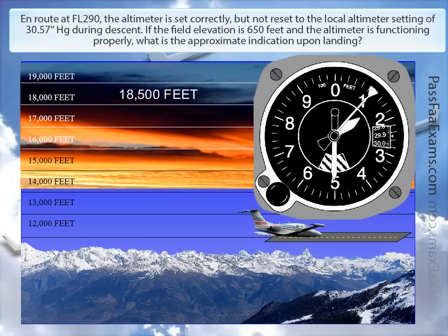So, for the original question itself, an airplane flying at 29,000 feet would have an altimeter setting of 29.92. It also flies at pressure altitude. And if the correct altimeter setting was entered in the Kollsman window, the altimeter would correctly indicate 650 feet upon landing. But since the altimeter was not reset to the correct pressure of 30.57, and instead left on 29.92, we